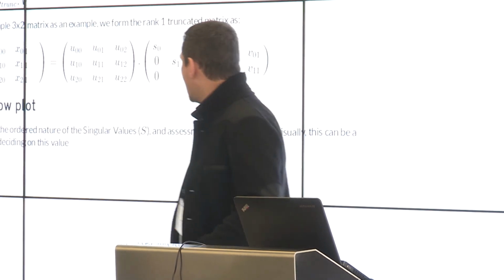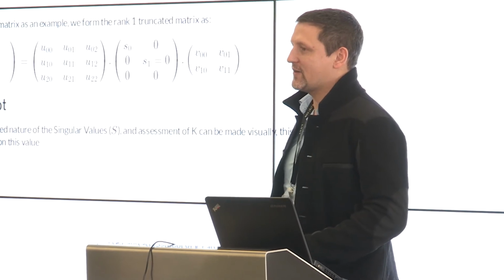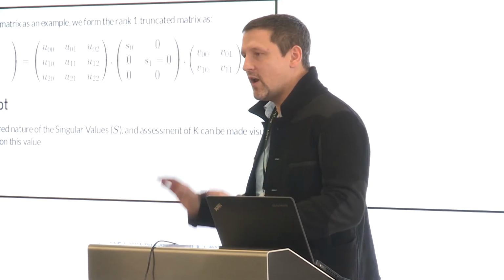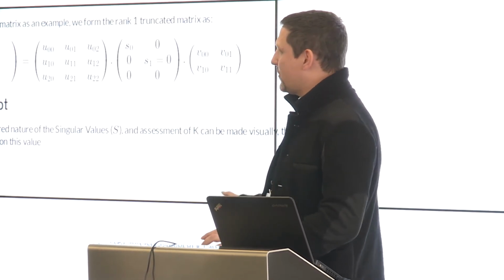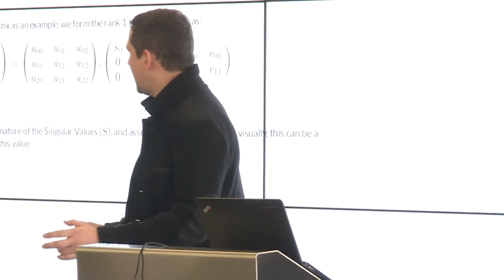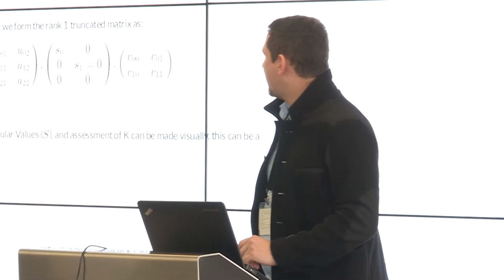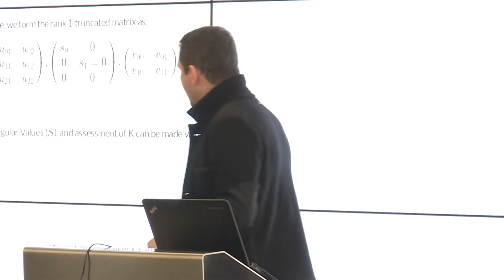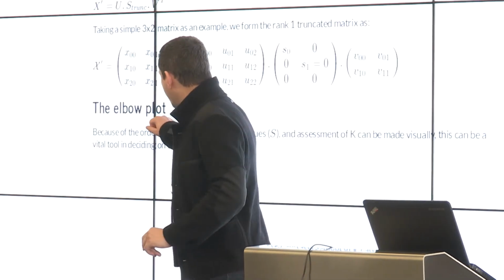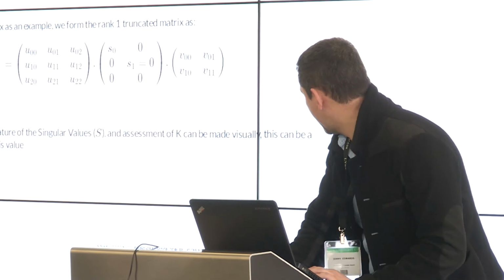You have a bigger matrix. But I urge you, if you're doing this kind of recommender, get into the idea of the singular value decomposition. It's got a lot of grounding, and there are people who have taken it a lot further in the last 5 or 6 years. It's a really powerful technique. And the one thing that I really like, because I like plots, is that it gives you something called the elbow plot. So we'll run through this, and I'll show you what an elbow plot is.